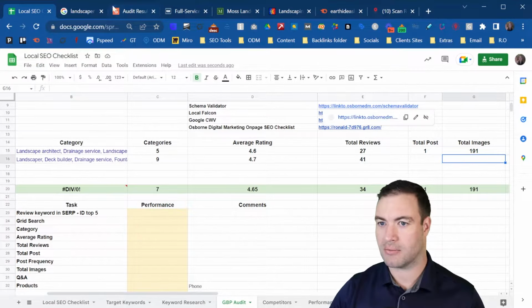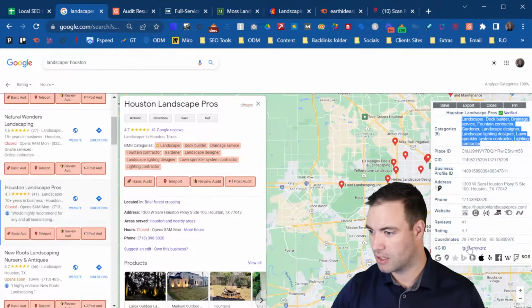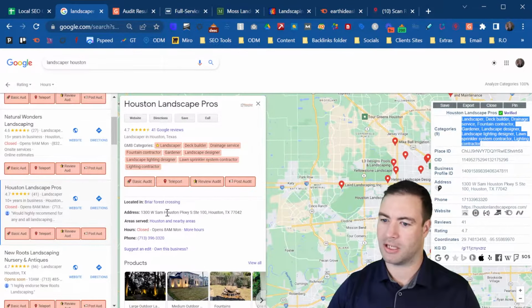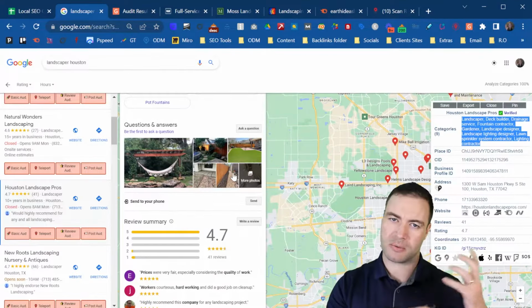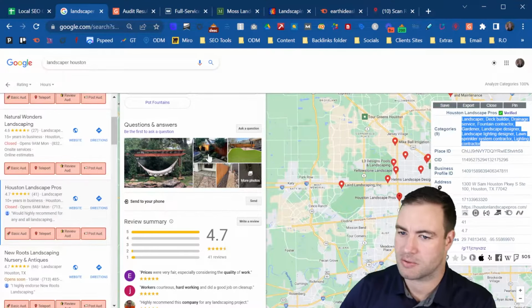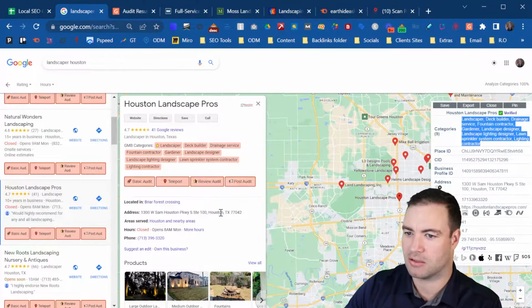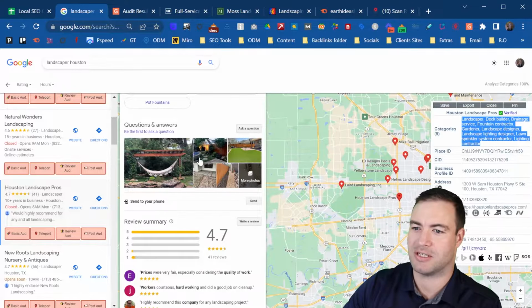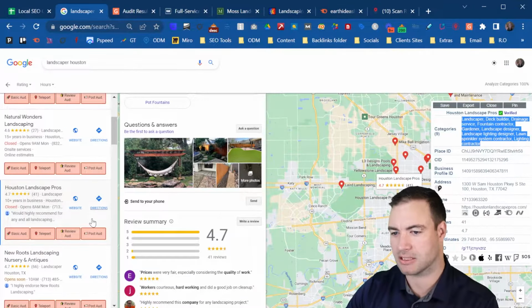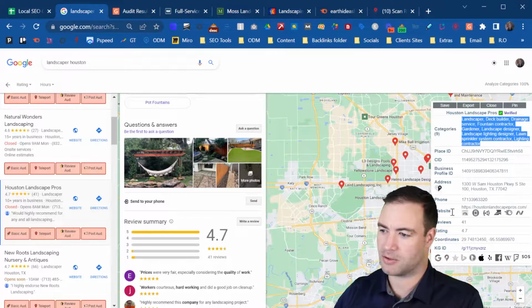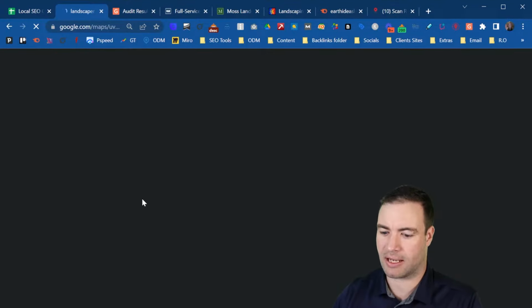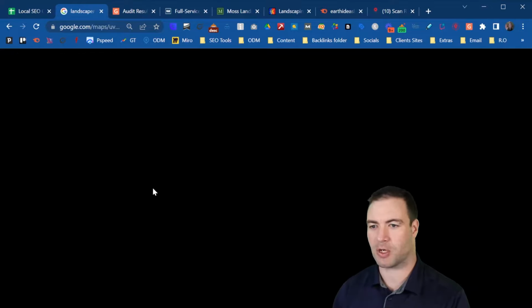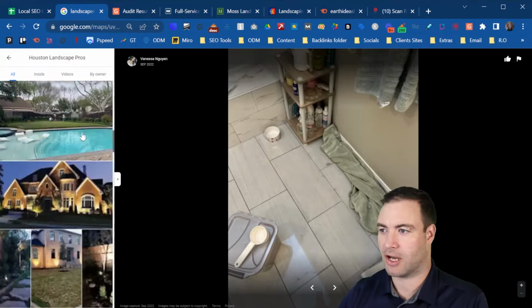We want to check out the images. How many images do these guys have? And it's not showing me again. Unfortunately, guys, Google's come out with their updates. We can't see the services. I can see that they've got images, but I can't see them in Plepper, and you can't see them in this tool. Normally, like you saw before, it'll actually display them. There's nothing I can do. You might just need to go in and get a rough estimate count. If you send it to your phone, sometimes it can actually show you how many there are, but you can